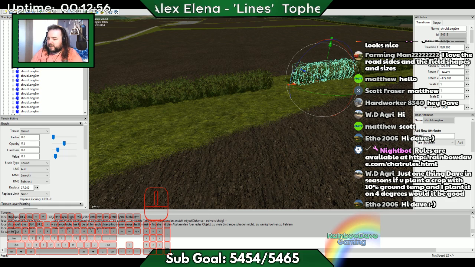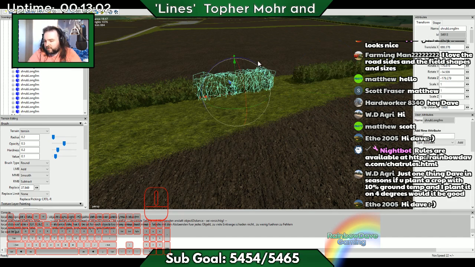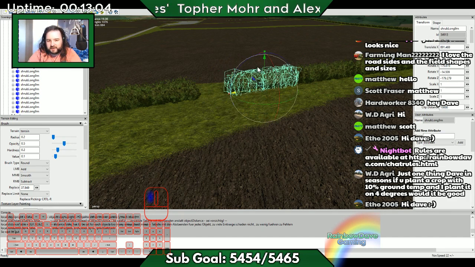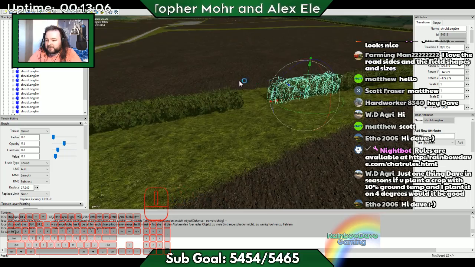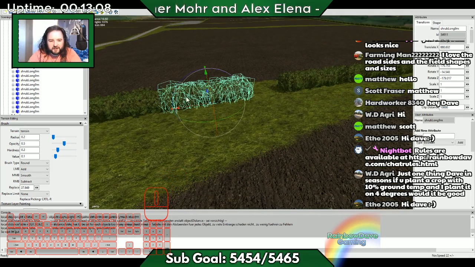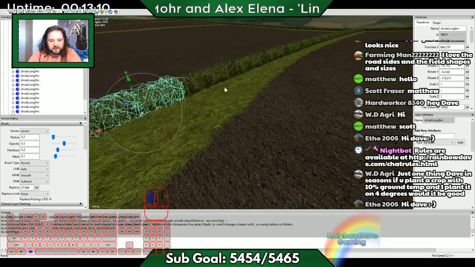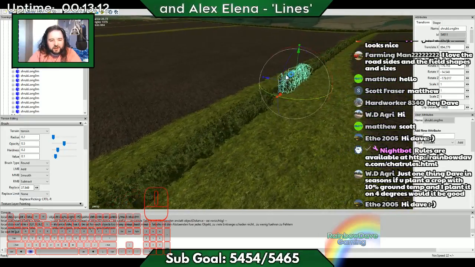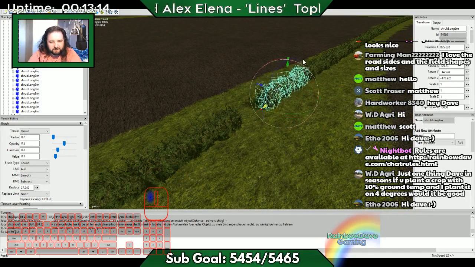For plant in seasons, if you plant a crop at 10 degrees ground temperature and you plant it at 4 degrees, would it be good? Usually yes. And hello Etho. And WD Agri, Hardworker 8340. I do apologize if I'm not overly active with chat today. I am obviously